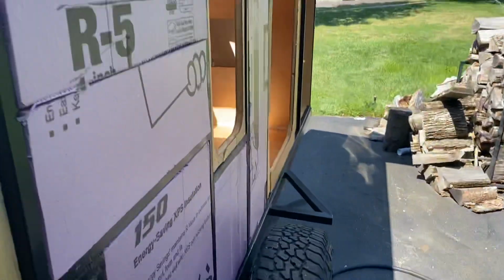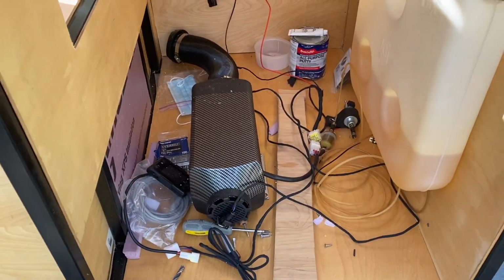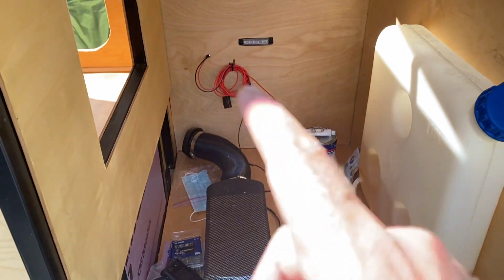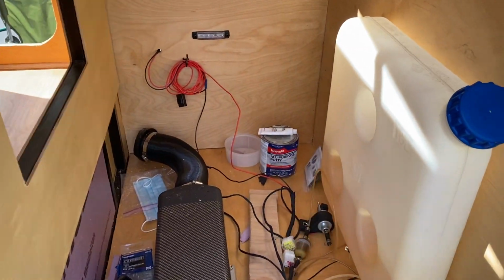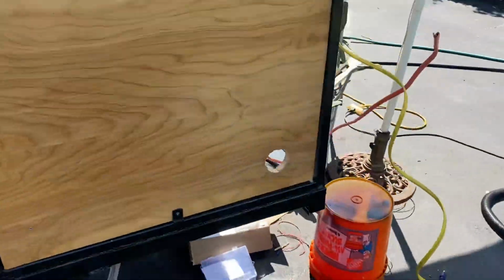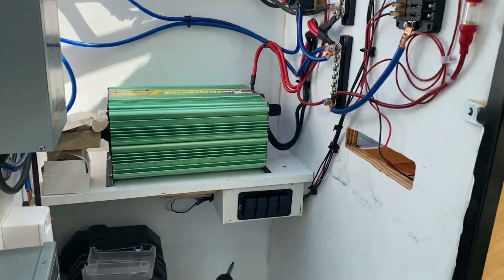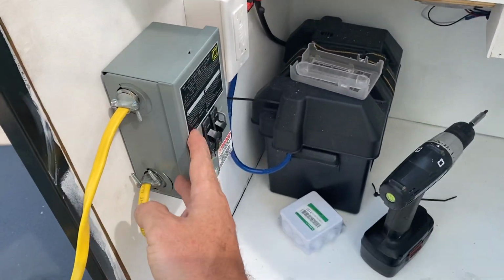Also ran the wires for the diesel heater, so they're all connected through to the other side. Put a light in over there. I think that was there yesterday. And then today I really cleaned up the electrical panel, and I installed the breakers for the